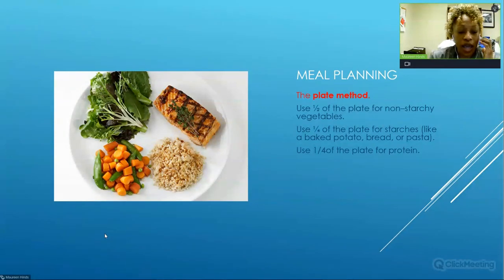I would suggest that you have what's considered a small apple. So something that can fit in the palm of your hand would be considered a serving size for fruit. So a small orange, small apple, a small peach would be considered a serving, which consists of 15 grams of carbohydrate. Now, if it's a medium or a large fruit, you do want to cut it in half.